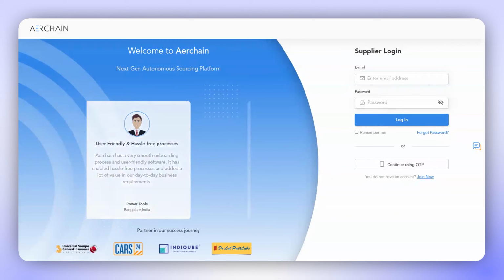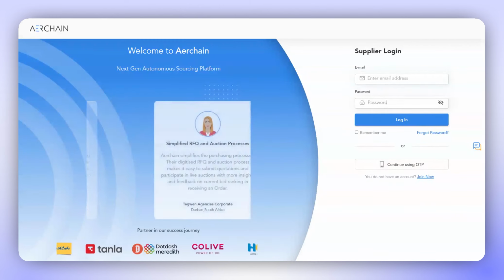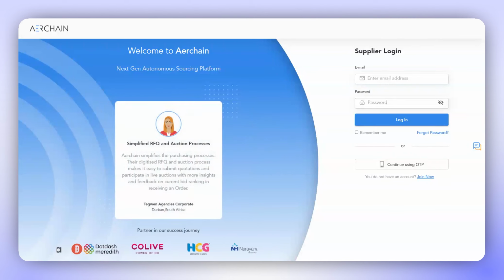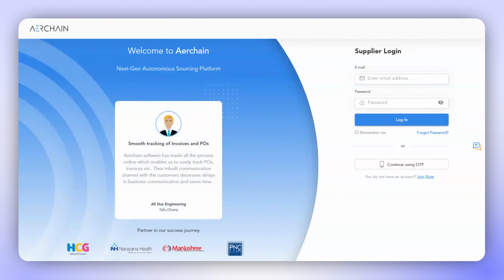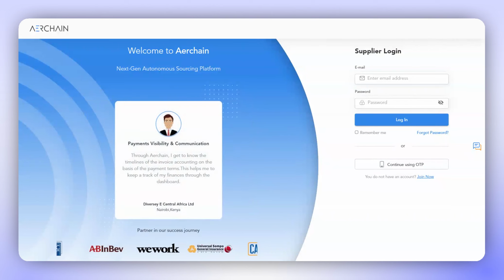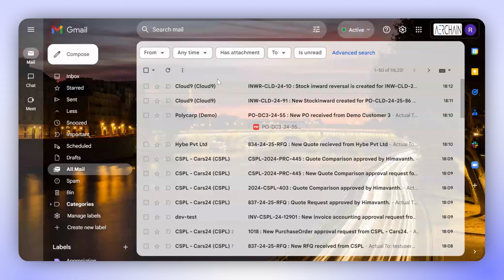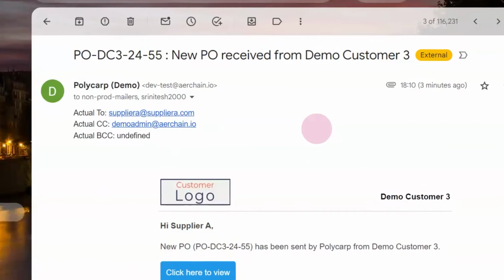Today we will guide you on how to create a pro forma invoice. A pro forma invoice is primarily used to document the advance payments and is issued by the supplier. This comes into play when a customer sends a purchase order with an advance payment stipulated in the payment terms. In such a case, the supplier creates a pro forma invoice to record this advance payment. In this tutorial, we will demonstrate how to create a pro forma invoice against a purchase order as a supplier.